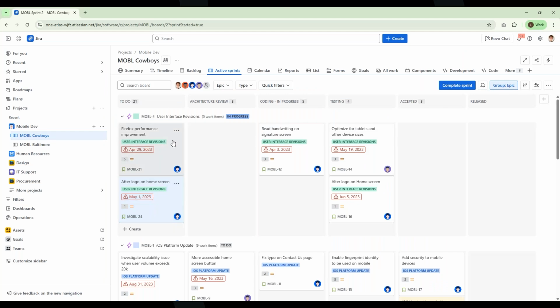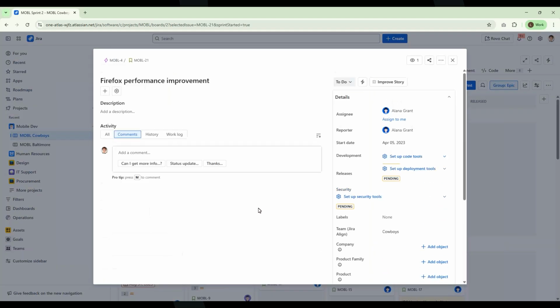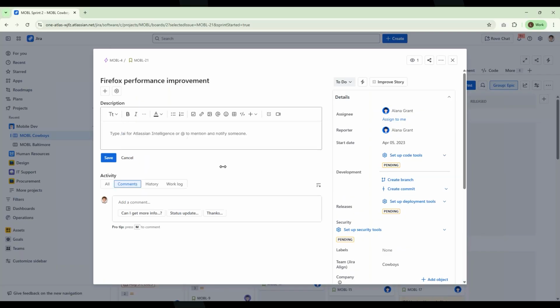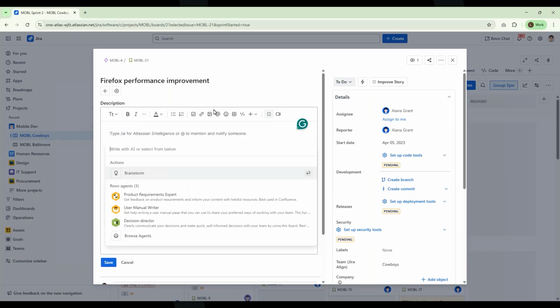Let's go to this one here. So I'm gonna ask the AI to write a clear description for this user story. I'll just select this button, which is the writing assistant, and I'm gonna tell it,